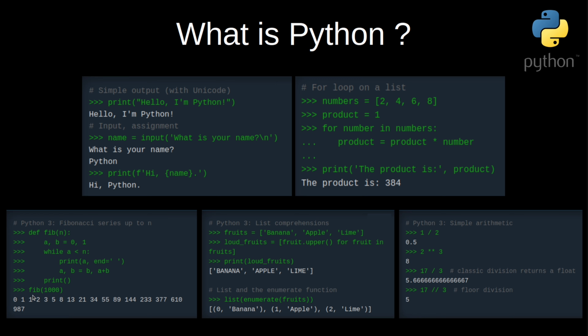So here, when we call the fib function with the 1000 value, it will just output the Fibonacci sequence for the 1000 value. Here on the fourth example, we defined another list with 3 elements, banana, apple, and lime, to the fruit